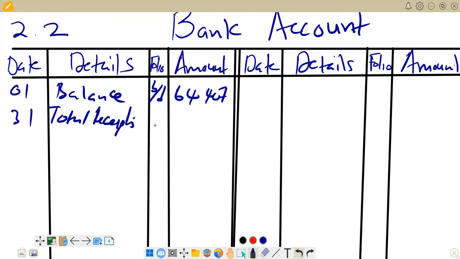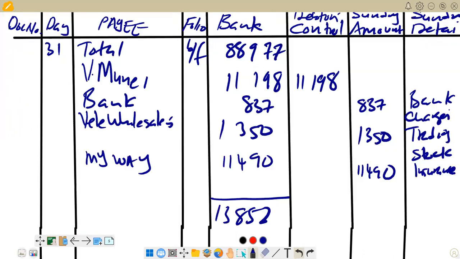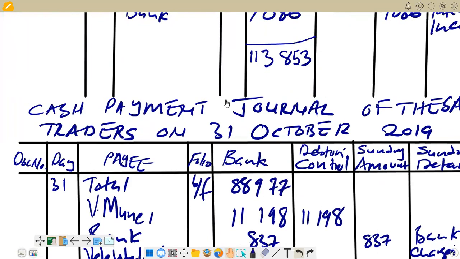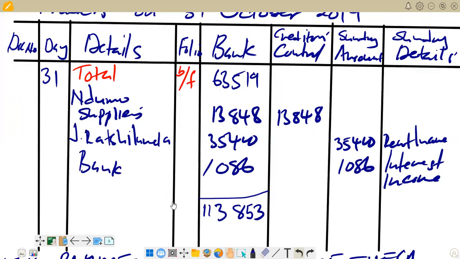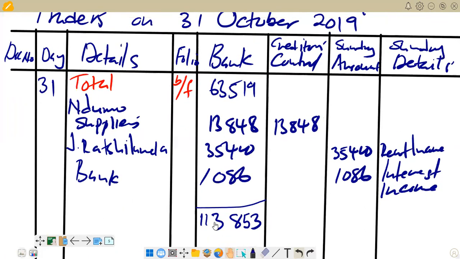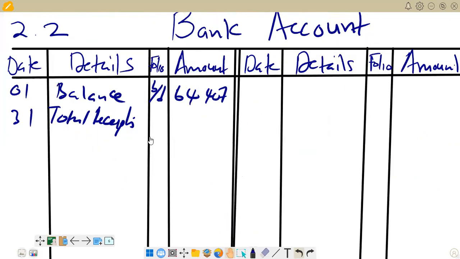And date we are going to put that one. And we go back to check the figure for receipts on the journal that we prepared. So you see that the figure for receipts is here 113,853. So we are coming here, 113,853. Then also here on the credit side, we are going to put our total